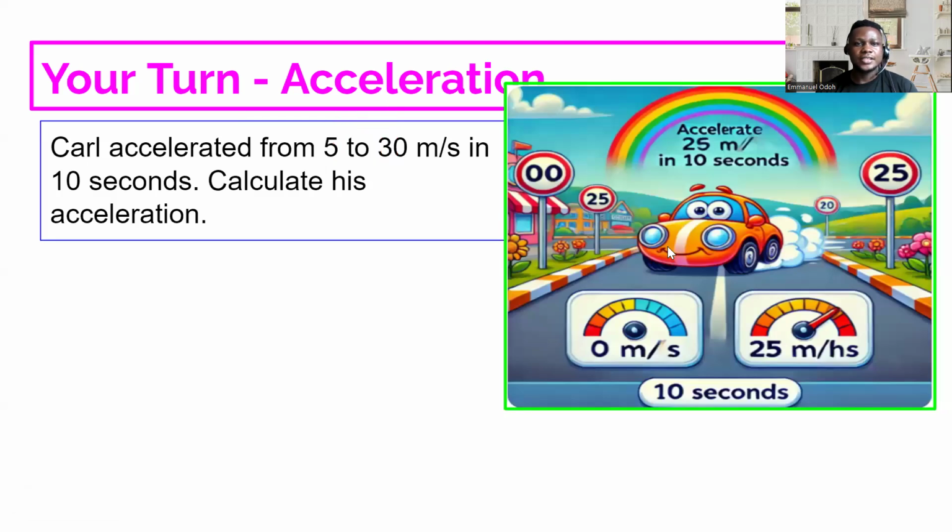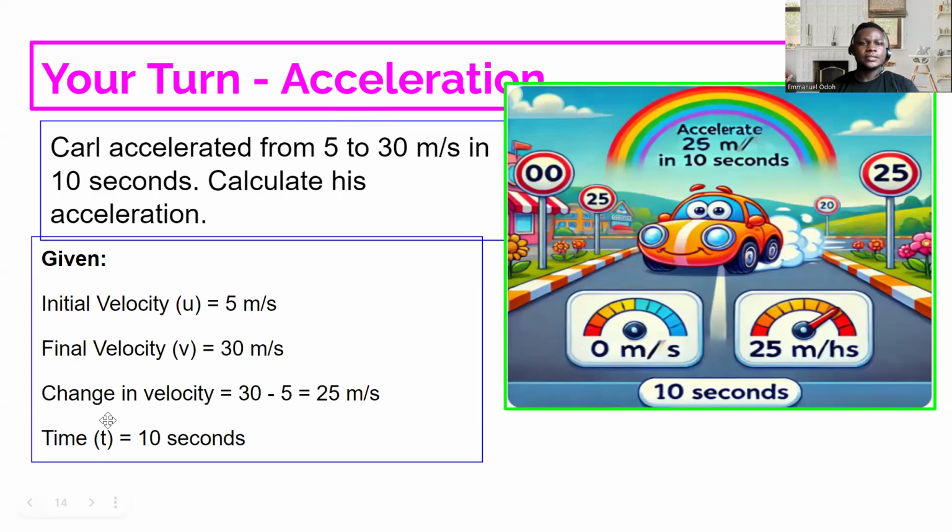So Carl accelerated from 5 to 30 meters per second in 10 seconds. Calculate his acceleration. So let's calculate it. Let's bring out our parameters: the initial velocity is 5, the final velocity is 30, and the time taken is 10. So we need to get the change in velocity, which is the final velocity minus the initial